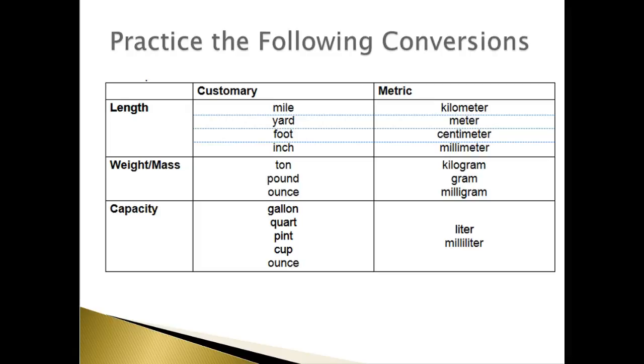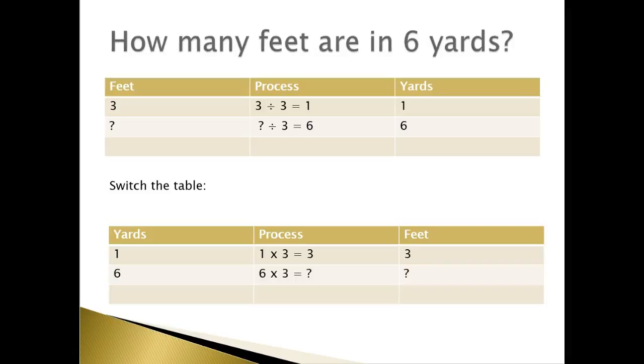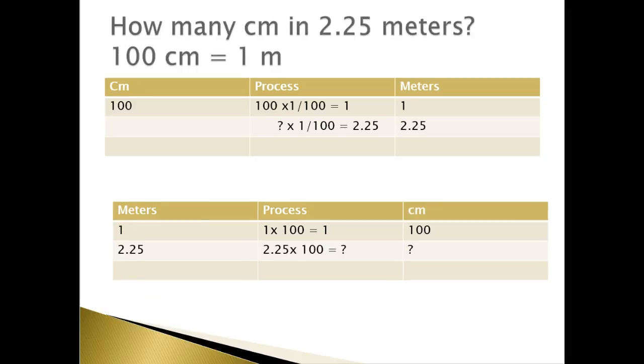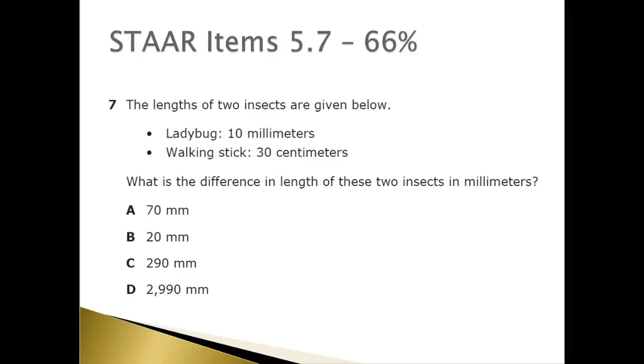So make sure you practice using the following conversions that are available on your STAR reference sheet. The kids may use it in the form of a table. You might want to make sure they understand how to use a process column to help them fill out that table. It could be going from meters to centimeters. It could be, again, customary or metric units. On STAR 5.7, we did have item number 7 where the kids did have to convert from